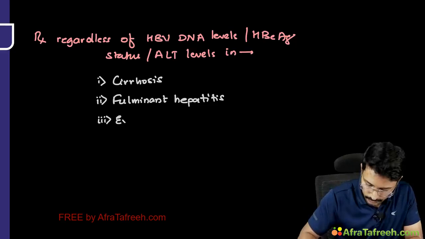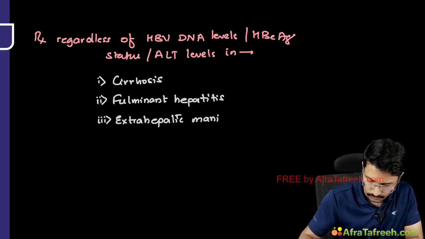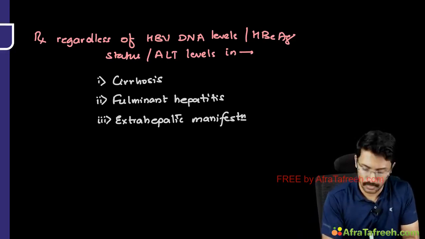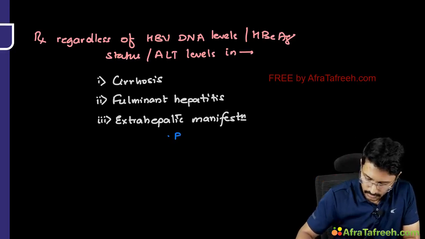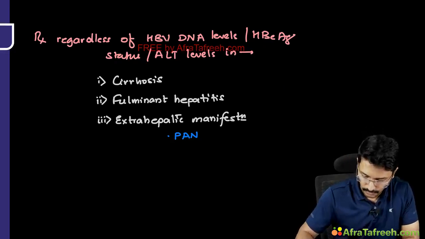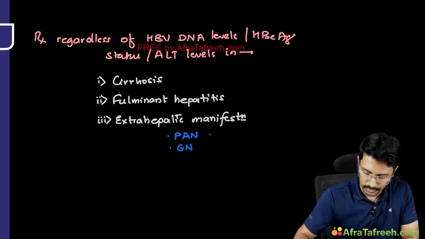And those who have extrahepatic manifestations. Then comes the question, what are the extrahepatic manifestations of hepatitis B? One thing we're all familiar with is polyarteritis nodosa, PAN. What else can you expect? Apart from polyarteritis nodosa, patients can develop glomerulonephritis,